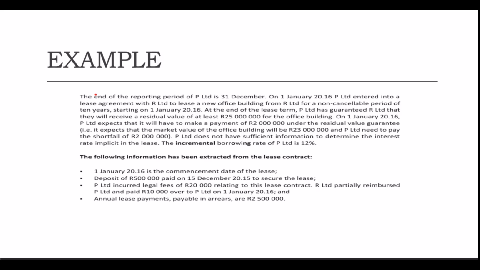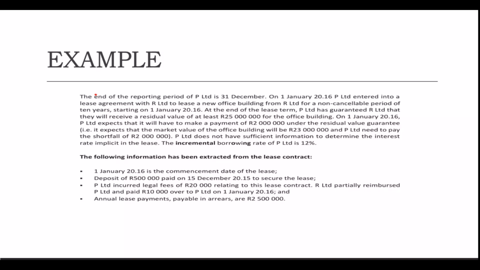The 25 million and the 23 million is just telling you what the value of the building is going to be at the end of the 10 years. But it's not telling you that someone has to pay that value. It's just telling you that the market value at the end of the 10 years is going to be 25. So initially they said it was 25 million. Then later on it decided that it's going to be 23 million. Therefore, P Limited has to guarantee that it's going to pay